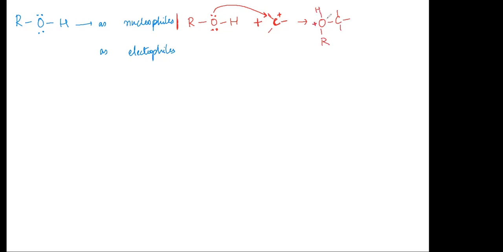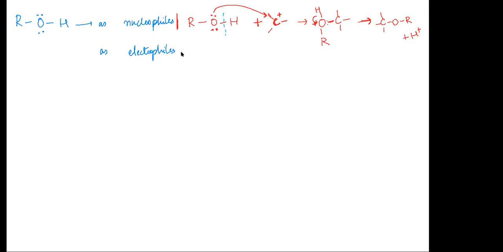ये positive charge इस पे shift हो जाएगा because it is sharing one lone pair of electrons with carbon. Now this is going to be unstable. So this pair of electrons is going to get pulled by oxygen, which means that your final result is COR plus H plus. So यहाँ पे क्या हो रहा है? You can observe that when an alcohol acts as a nucleophile, the oxygen ka lone pair of electrons is the one that's taking part in the reaction, which is why the OH bond gets cleaved. So the hydrogen attached to the oxygen is the one that's getting detached.